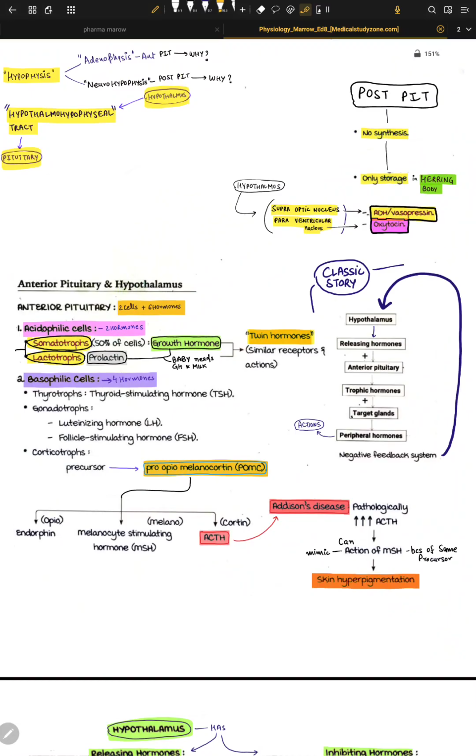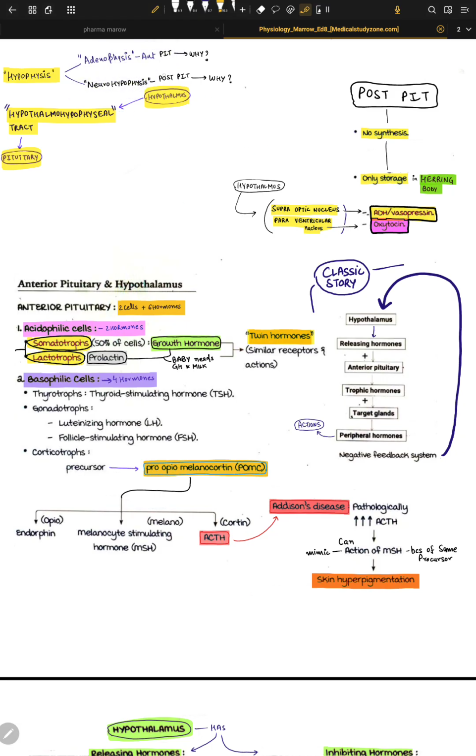Okay. So both of these hormones are released by the anterior pituitary. So we have something called the pituitary gland. It's like this, and we have the anterior pituitary, and then we have the posterior pituitary. Posterior pituitary is called neurohypophysis, and anterior pituitary is called adenohypophysis. Adenohypophysis is the anterior pituitary, and neurohypophysis is